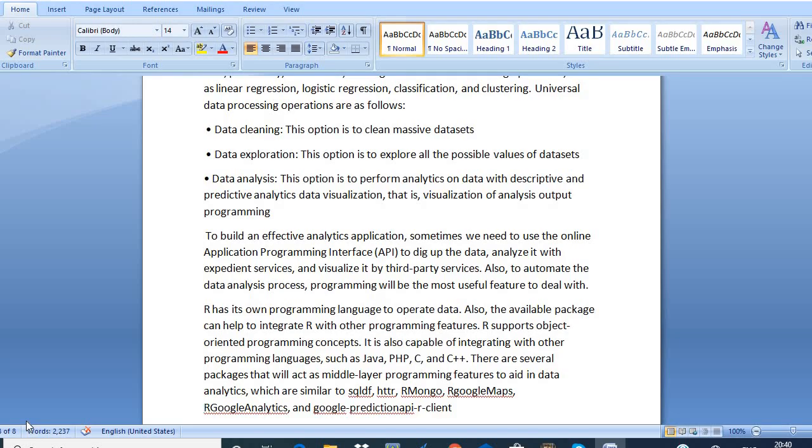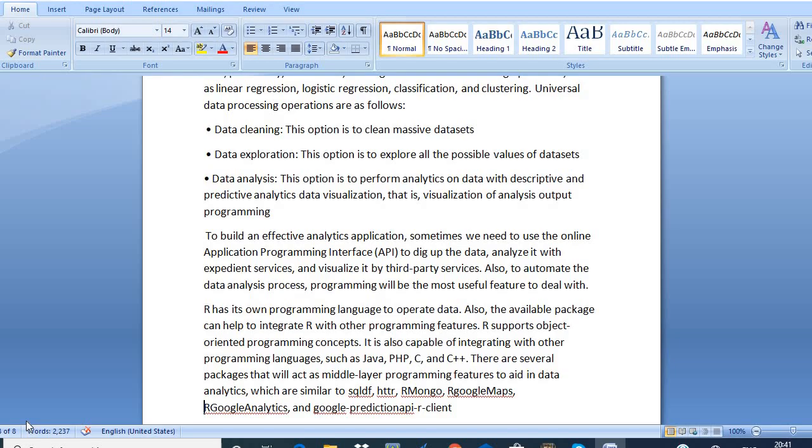Also, R supports object-oriented programming concepts. It is also capable of integrating with Java, PHP, C and C++.